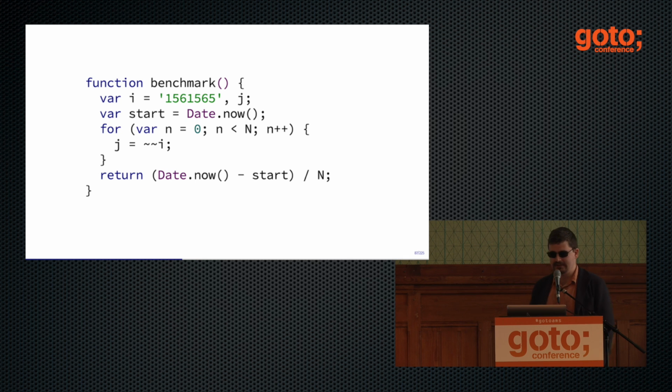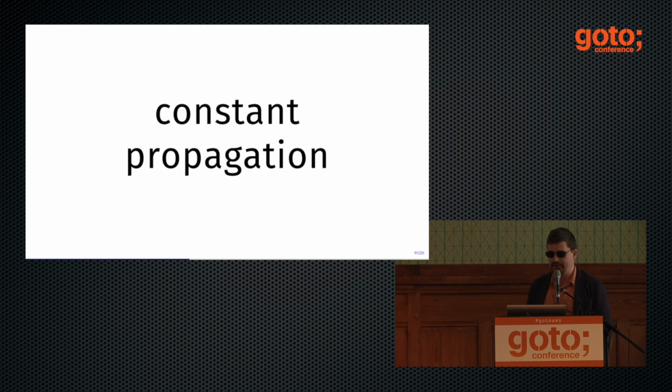So what happens with this double tilde benchmark is that the dog JIT, which is smart enough, sees that i never changes in the loop. It's a constant, really. The i is assigned some constant string, and you just put it in there. And then it says, oh, but I know how to apply the bitwise negation to the string full of numbers. And it does it, and it does it again. And you end up with just an assignment of the constant to a variable, which is not that expensive. It's essentially 0. This optimization is called constant propagation, and all of the JITs these days do it.